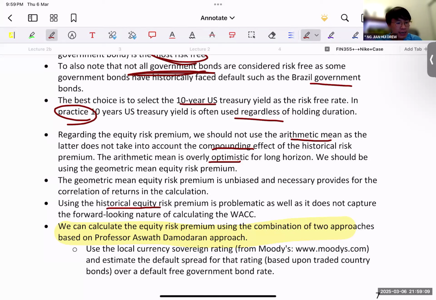Okay, so the historical equity risk premium is also quite problematic because they're not captured forward. So you're right, the SUSS investment group mentioned correctly. Please use Professor Damodaran's approach. And this approach